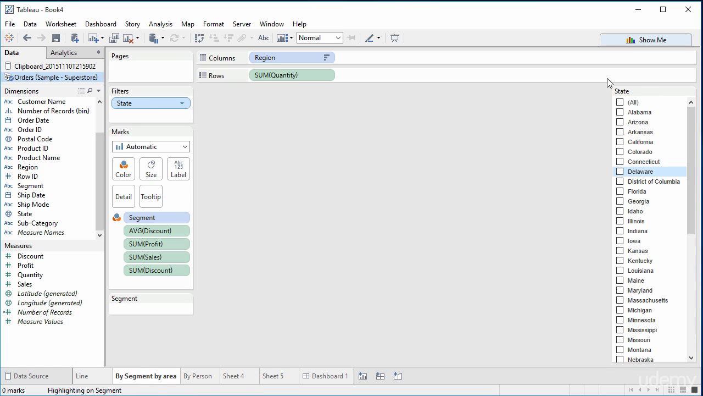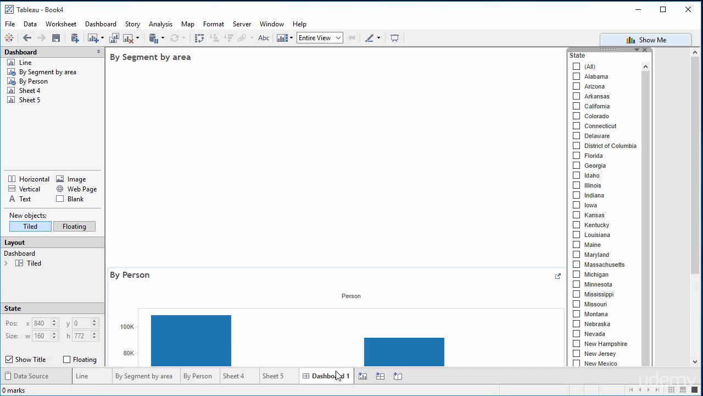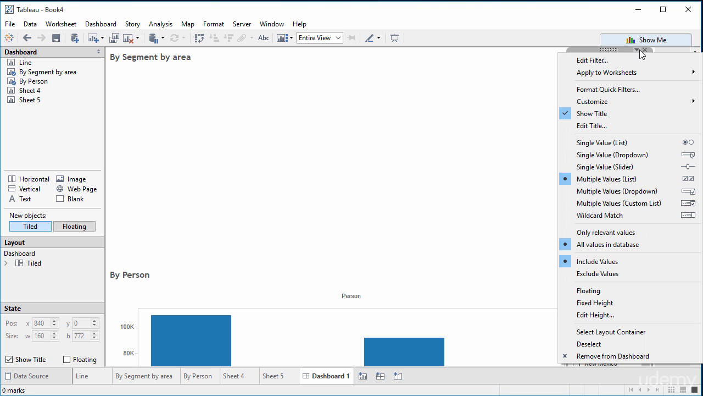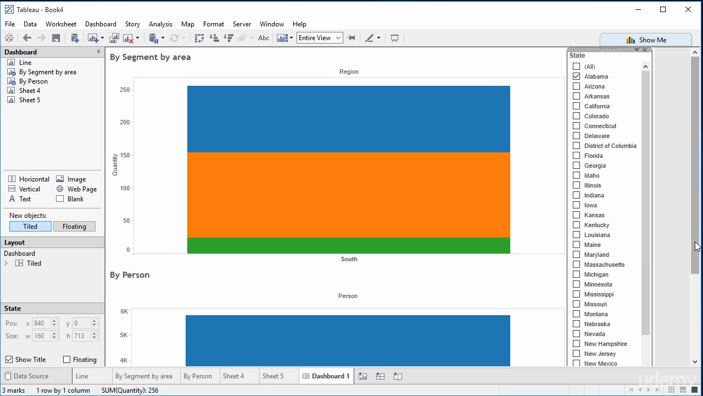Now quick filters are great, but as you can see, they need a bit of editing. So let's have a look and see what we can do. If we click on this drop down list, we can say apply to worksheets. So apply to all using this data source. That sounds interesting. So if I do that, because this bottom one is using the same data source as the top one, as soon as I click on anything, it will affect